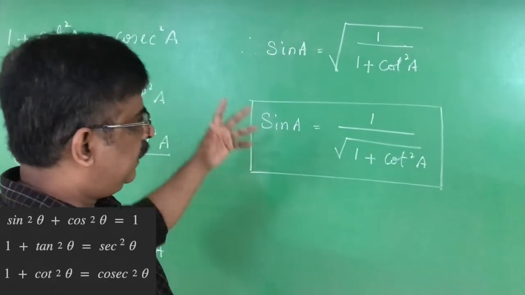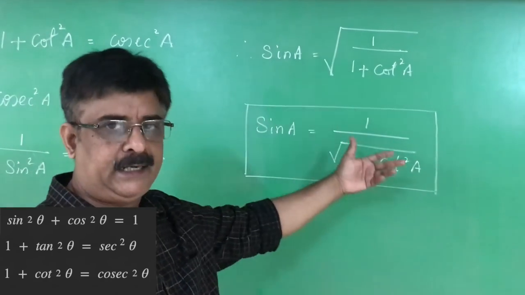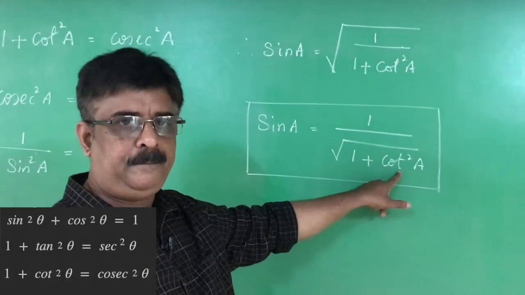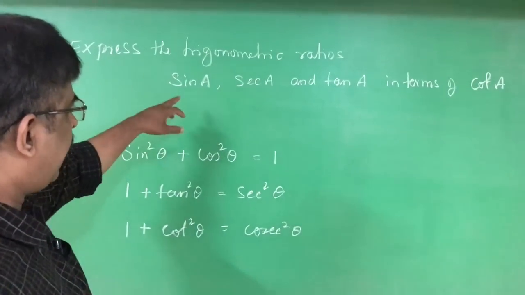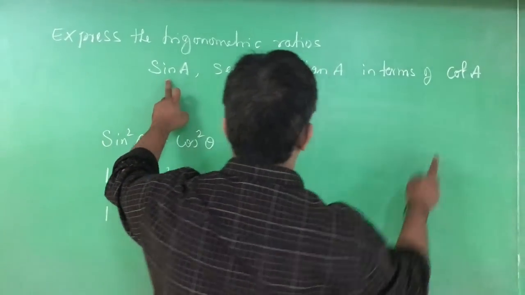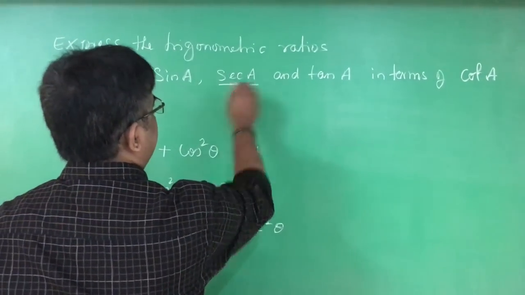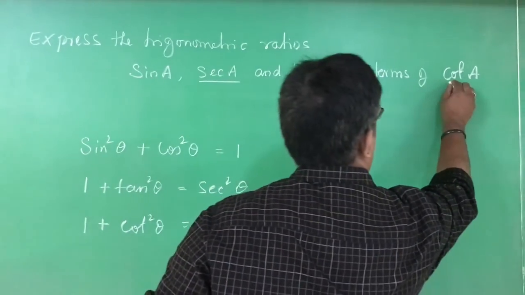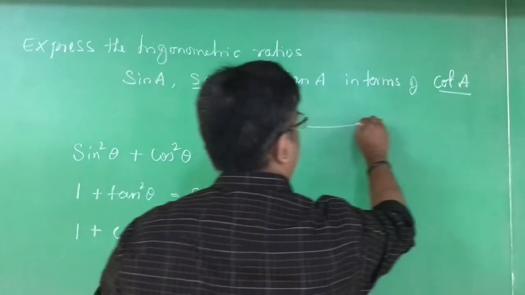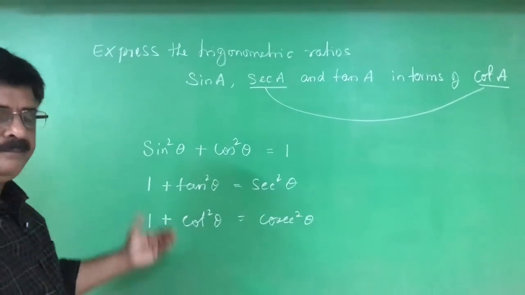Now, using the basic trigonometrical identities, we are deriving the identity. It is an identity that relates sine theta and cot theta. See, we derived the relationship between sine and cot. The second part is, we have to find a relationship between secant A and cot A. We have to express secant A in terms of cot A. This has to be related. Secant and cot relation. Now you have to guess.